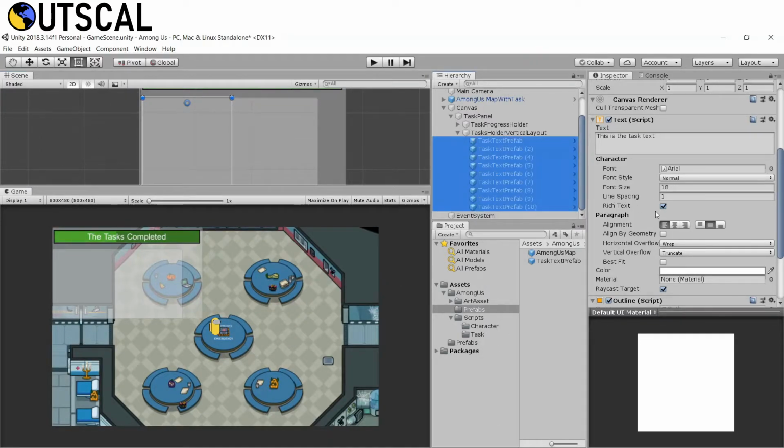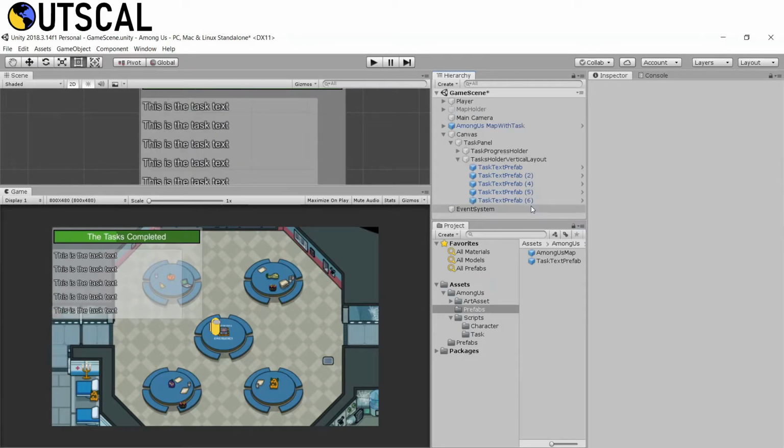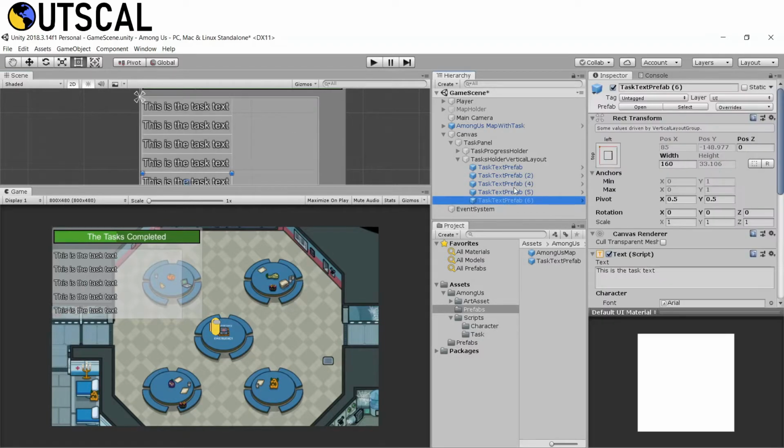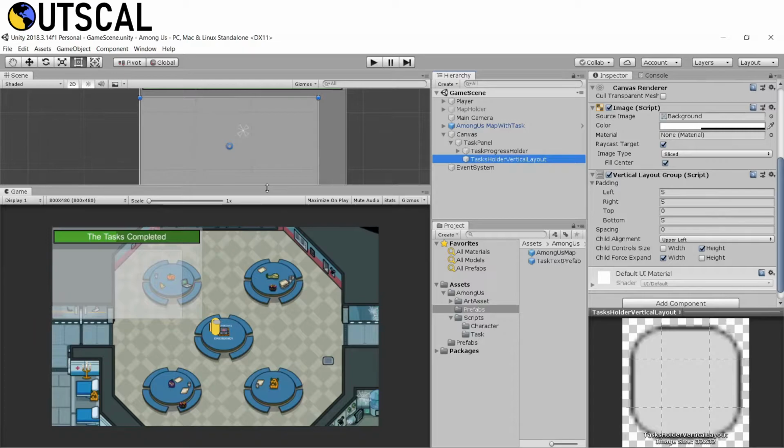If you want, you can just set this to best fit and it will still show, but we are not going to have 10 tasks at a time, we will have maximum 5 tasks, right? So 1 2 3 4 5. So let's delete this. Okay, so this is how it should look in our actual game, right? Now let's delete all of this because it's working perfectly fine. This one is looking good.